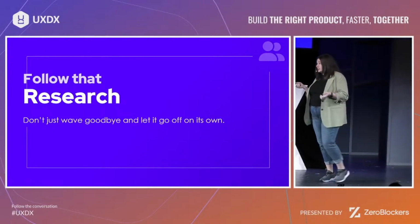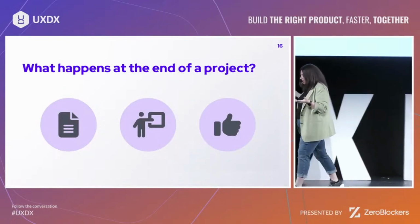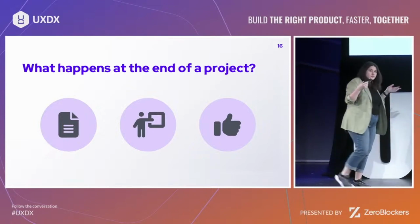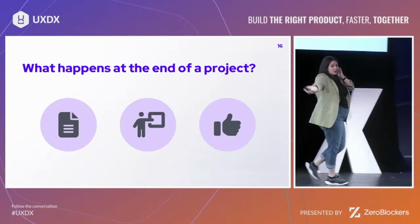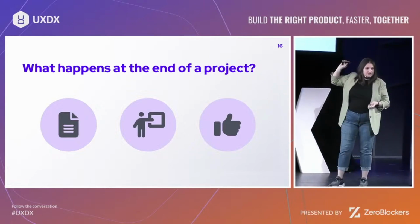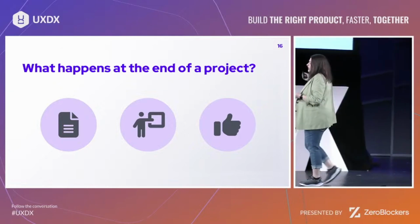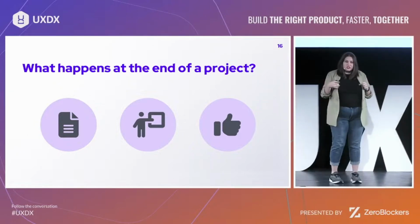So what you're going to see is here's a basic standard. I wrote a report. I presented my findings. Stakeholders are like, I love that. That's really cool. Great. And then you close the folder on that project, and you're like, to the next project, let's go. And then that project just disappears into thin air because you haven't looked at it, and now it's imaginary. And that's one thing that will affect your research quality, because if you don't continue to find out where your research goes, you're not going to know the impact you have on your entire company and what the